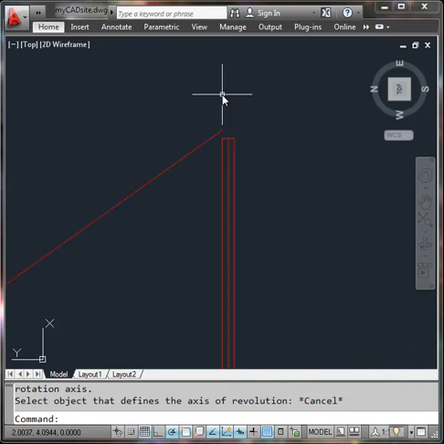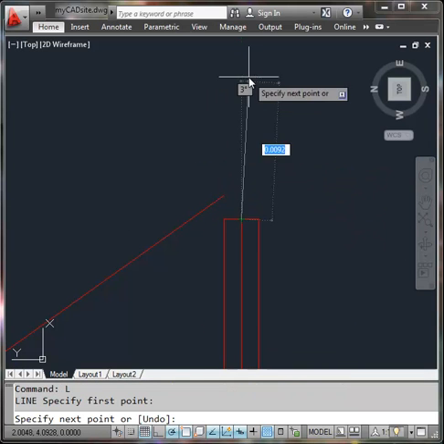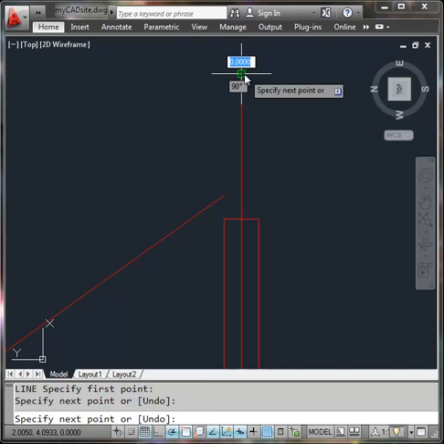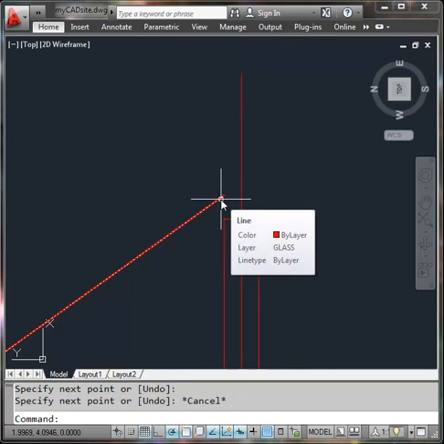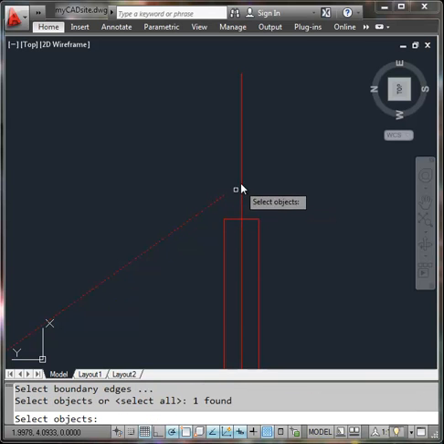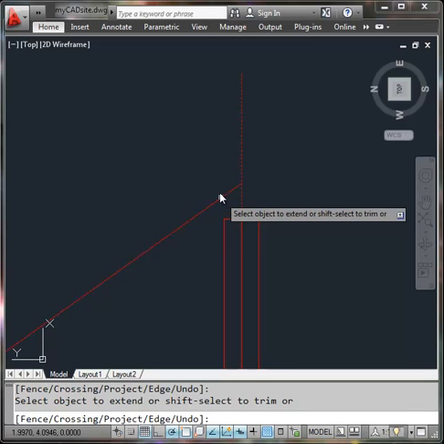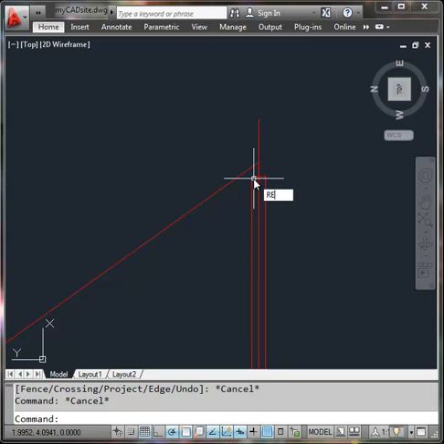So what I do is escape out of that, and I'm just going to draw a line from my center point straight up. So that will define my axis of revolution. And I'm even going to extend my line up to that so that my umbrella will be closed around it. So now I go back to Revsurf,